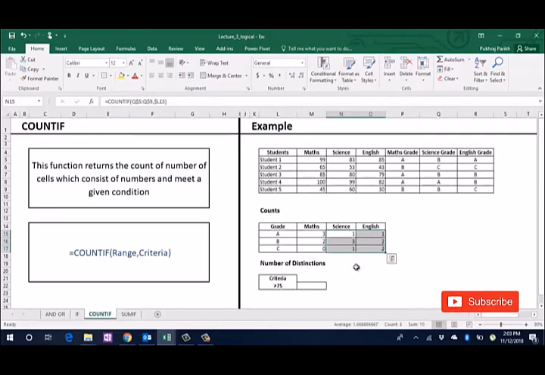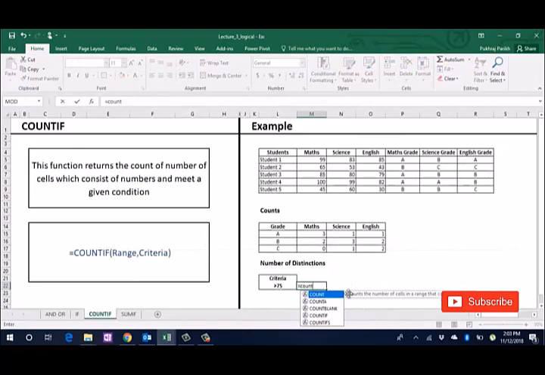If we want to have multiple checks while counting, countifs can be used. To implement countifs, we type is equal to countifs, first range, first criteria, then second range, second criteria, and so on. So to get the count of students with distinction, we use countifs as follows: is equal to countifs M5 to M9, select the criteria, then the second range, select the criteria, then the third range, select the criteria,